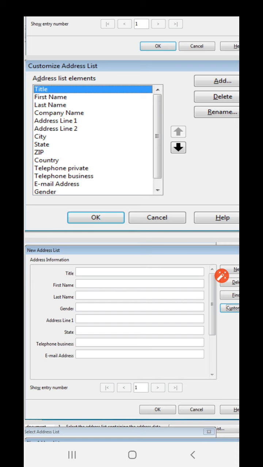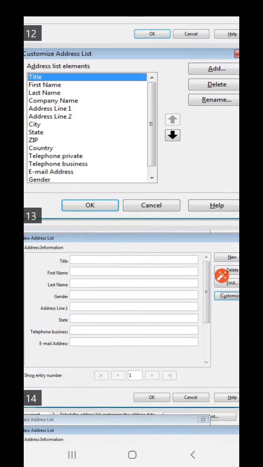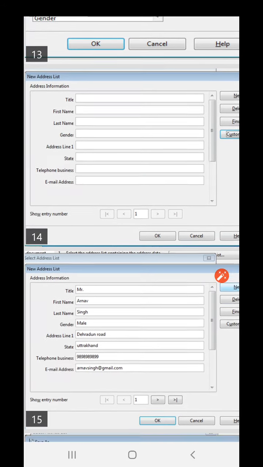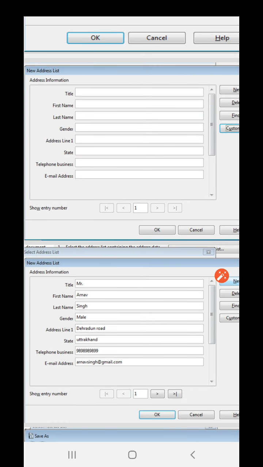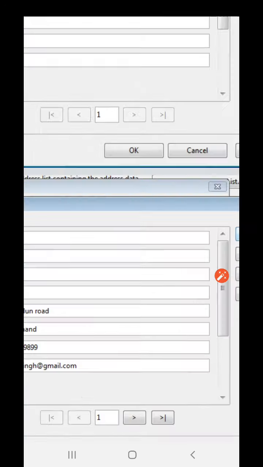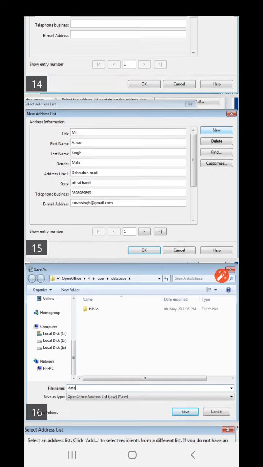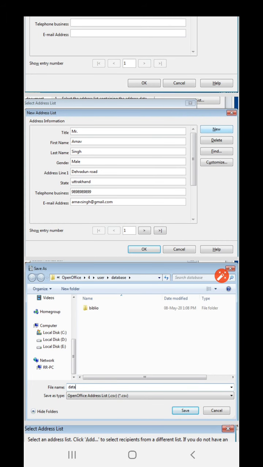Here you can see which I have selected: title, first name, last name, gender, address line 1, state, telephone, business, email address. Then you need to fill in these details like I have filled over here. Click on the new button again to fill in the other information. You can add as many address entries as you want. I have entered 4 addresses.